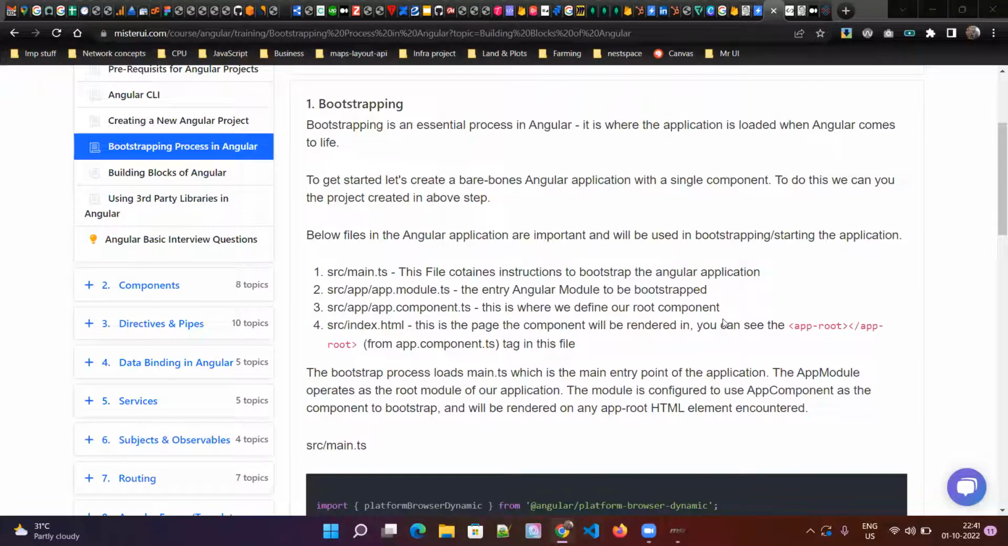Okay, so bootstrapping is the starting process of Angular. Whenever your application development is done, and let's say you built your application and you deploy